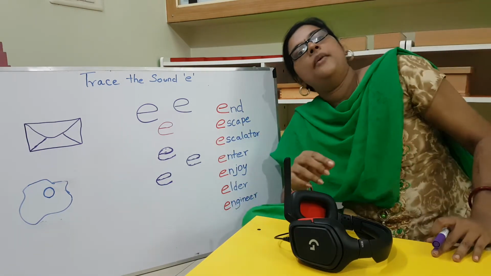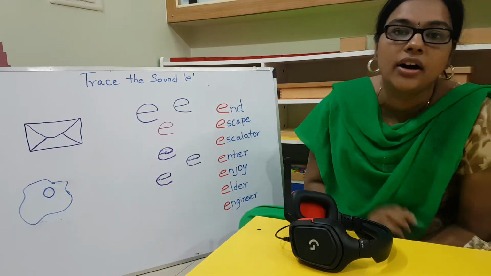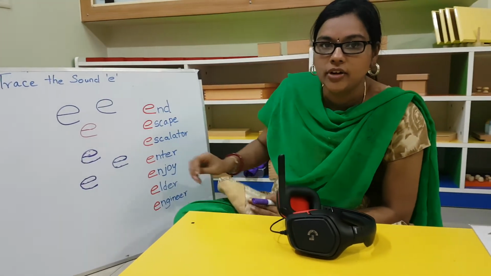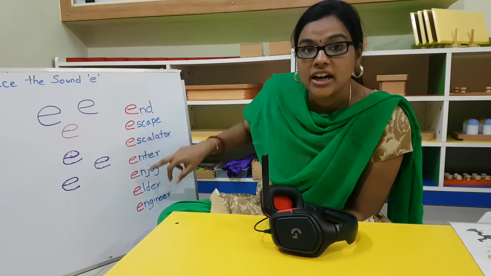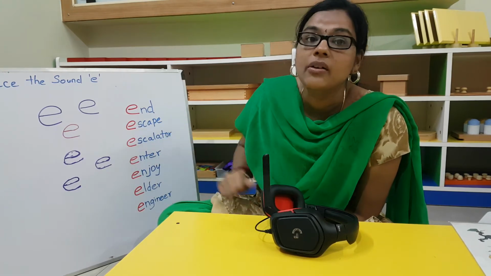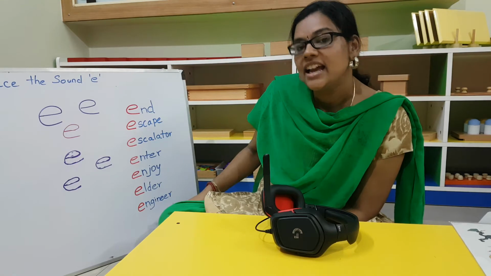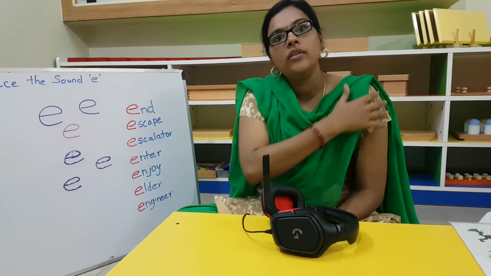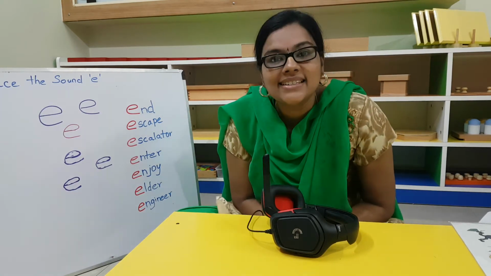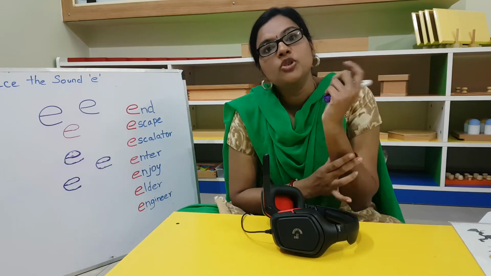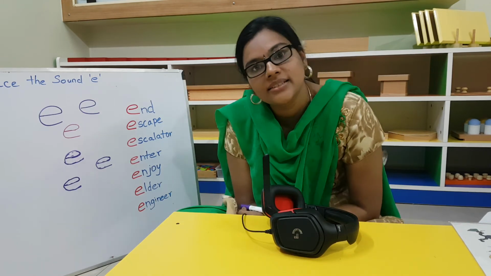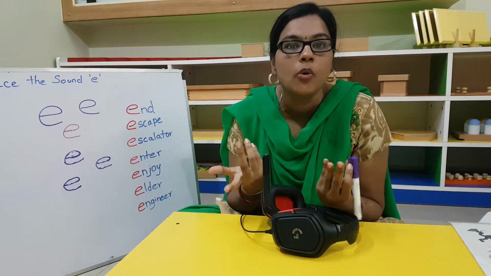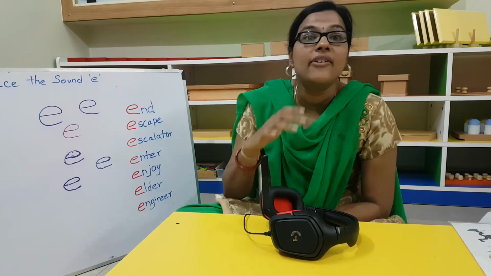Okay. Then, these are some of the words that I have written here that start with the sound A. You might not be able to read all the words, but for your convenience, for your understanding, I have written A in red color. Are you all able to see it? Okay, so the first word here is end. What will you say for end? Let's end this. The end. Miss Juno says in the story, every Monday, that the end means the story got over. So end is getting over. Clear?